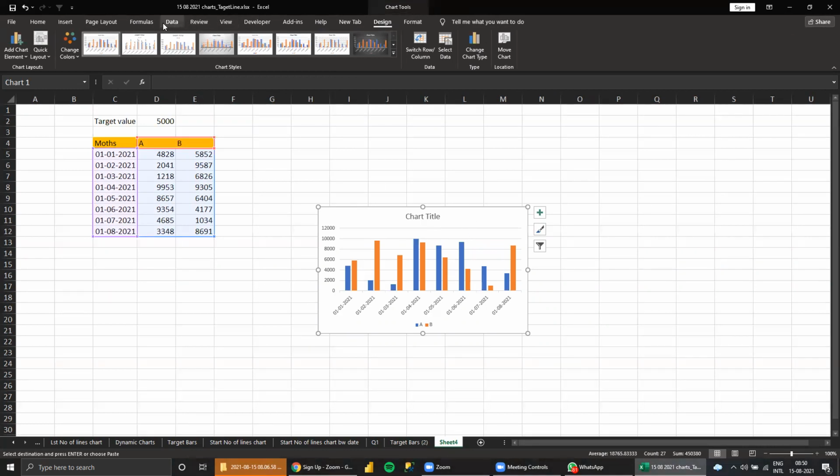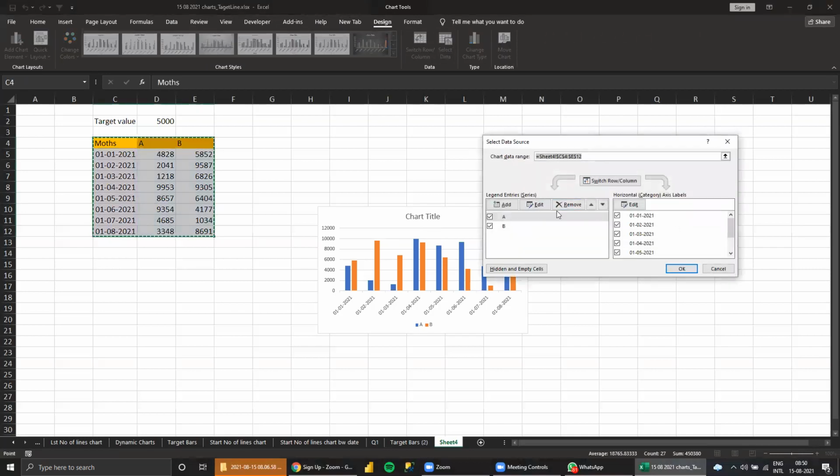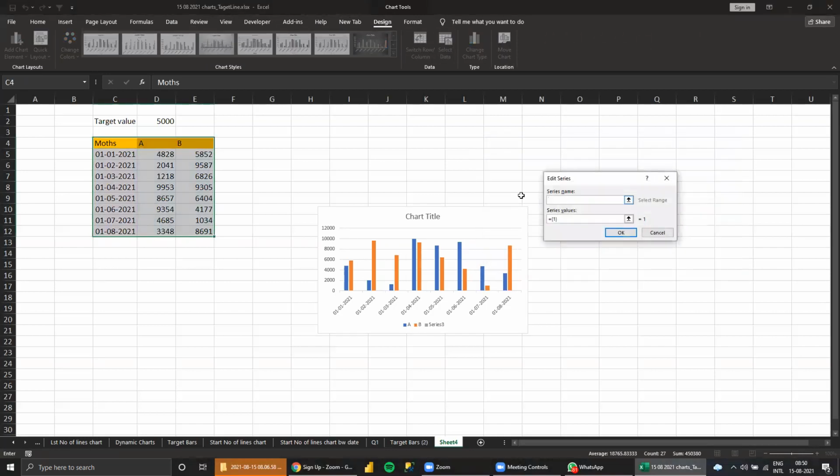So design. Select the data. So this name, 5,000.